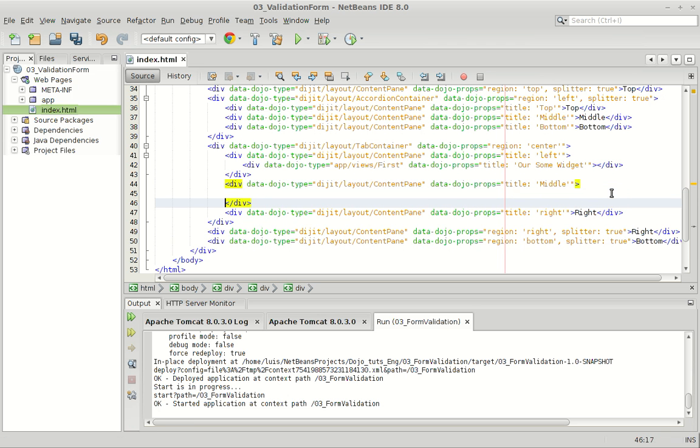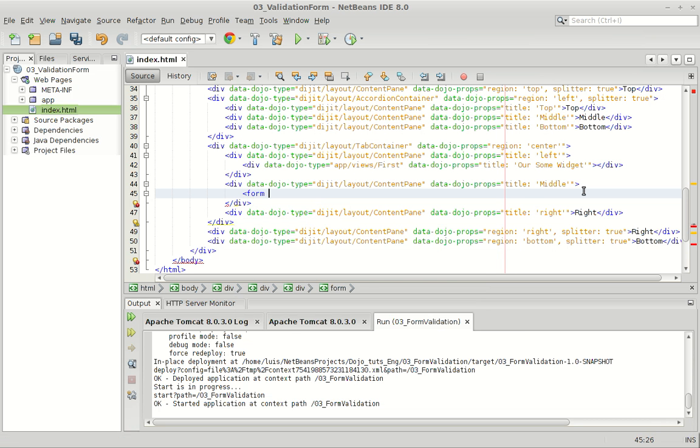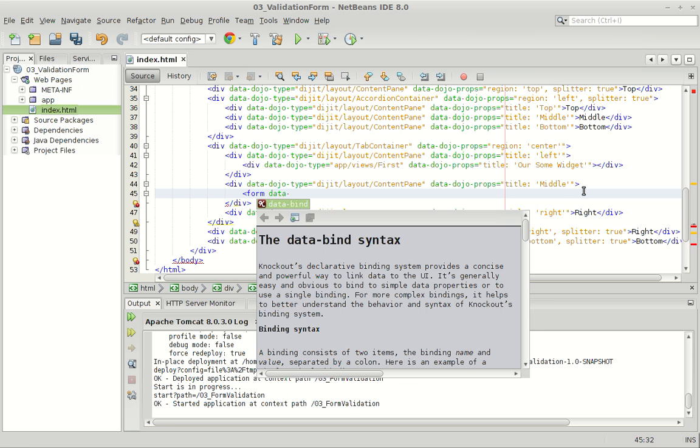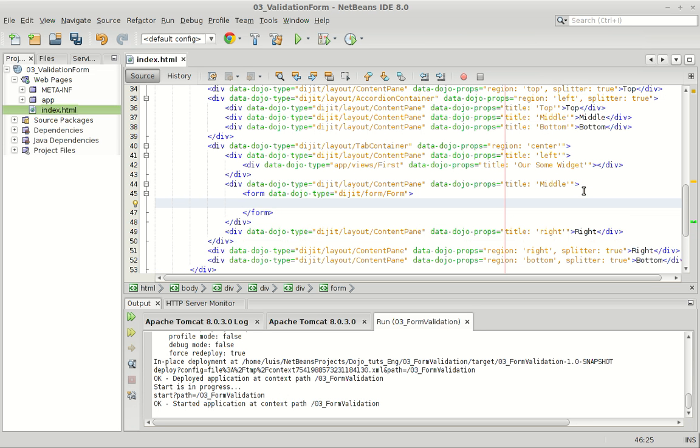So in here I'm going to add a simple form. So I'm going to say form, and then I'm going to say data-dojo-type equal to dijit/form/Form, and finally I'm just going to finish this, and inside the content I'm going to add some variables,